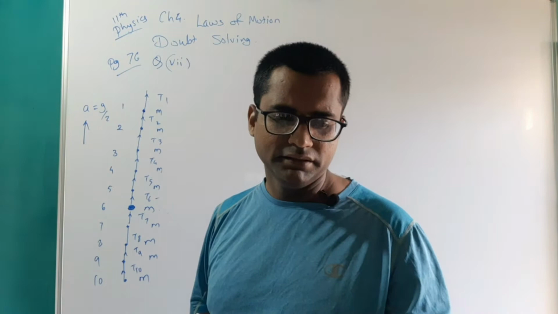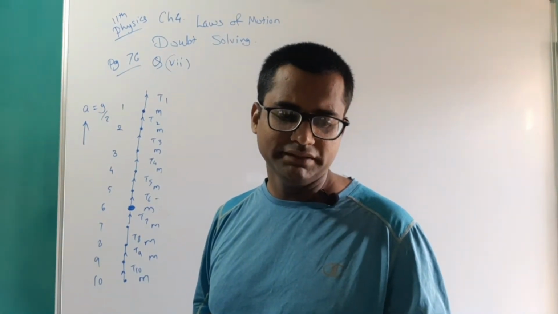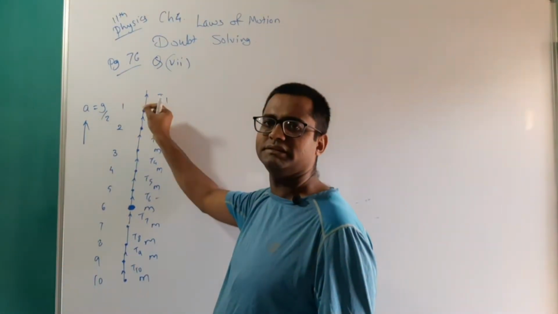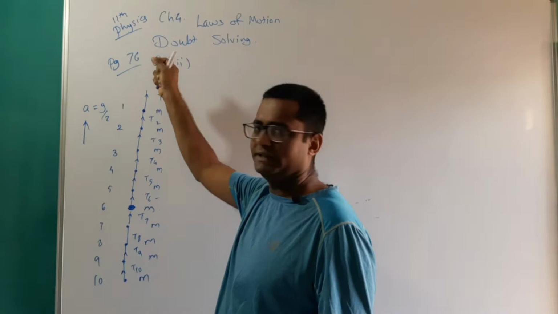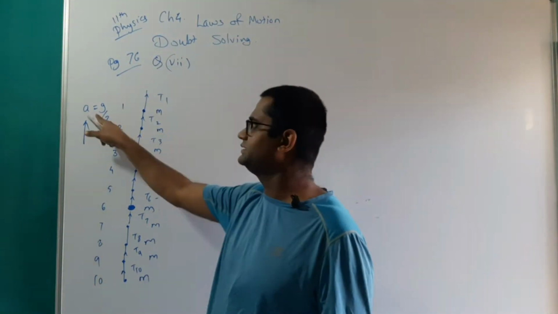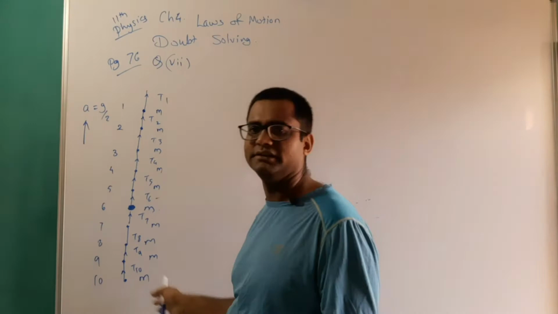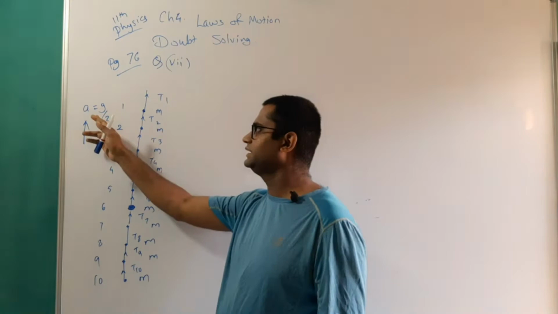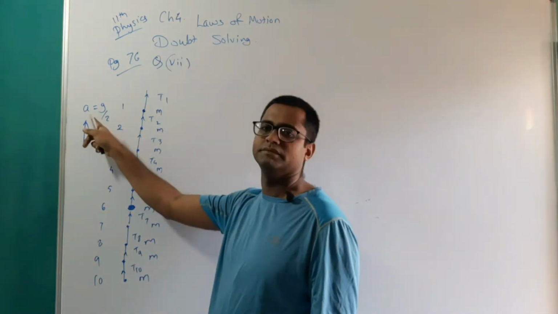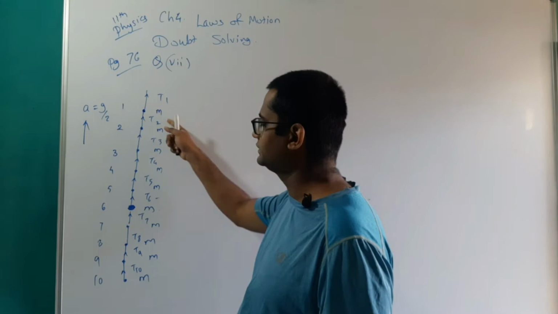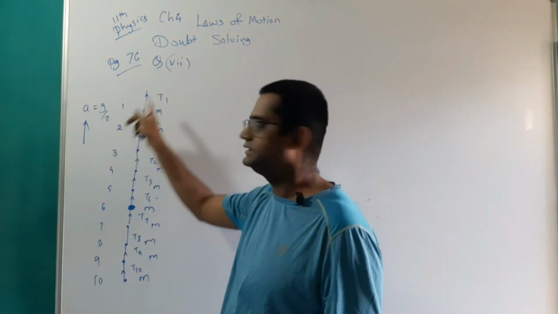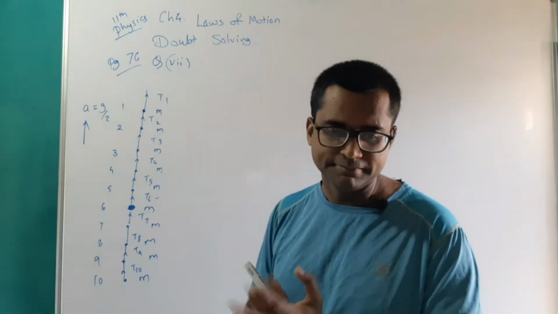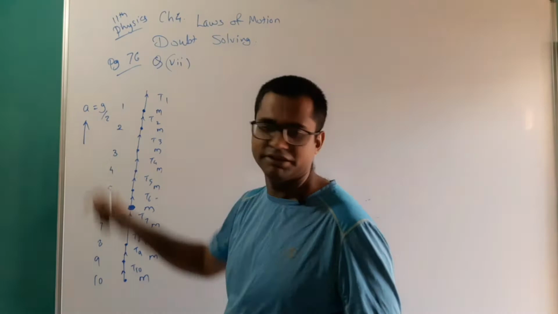And holding the topmost string, the system is accelerated upwards with acceleration g by 2. Now if we pull this topmost string by some force, so that the acceleration of the whole system is g by 2, since the system is connected, and we know that in a connected system the acceleration of each mass is same, so we can directly write that the acceleration of each and every mass will be g by 2, since these strings are assumed to be inextensible. Fine. Now the acceleration of the system is g by 2.